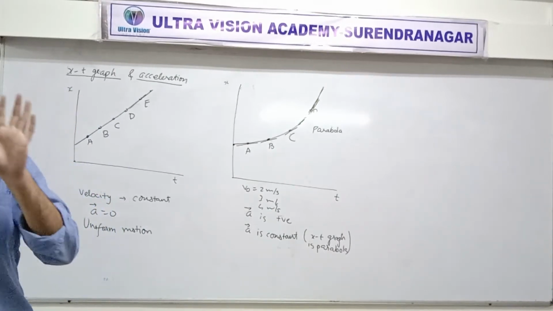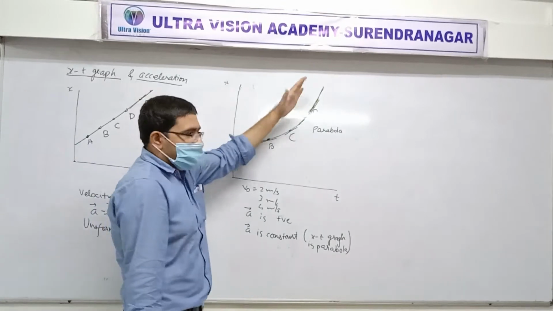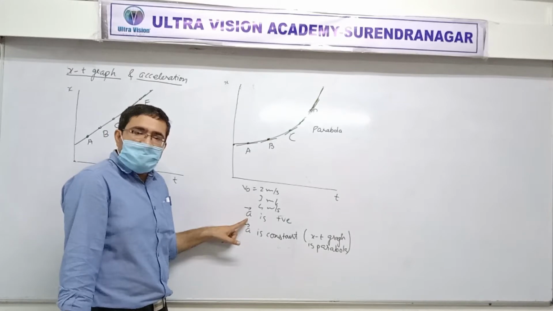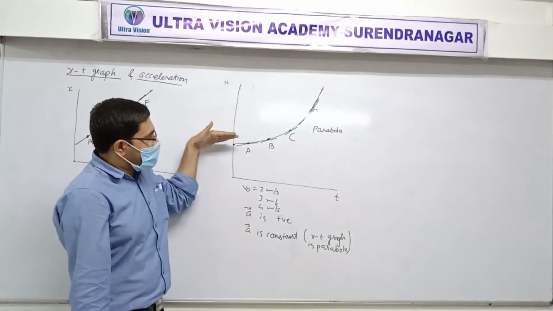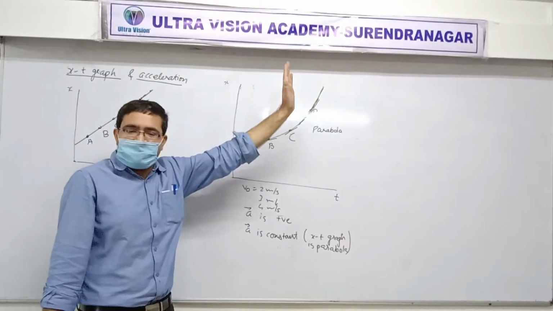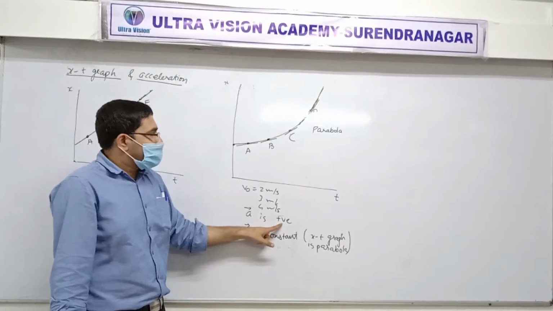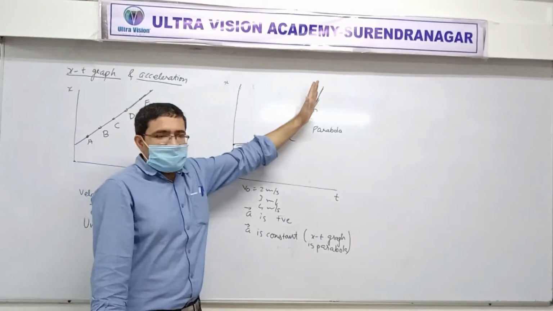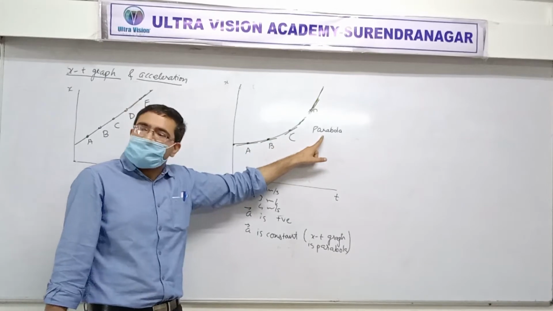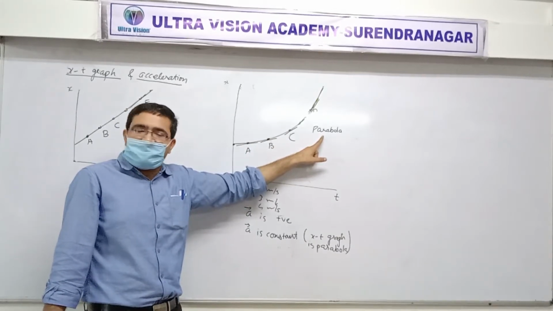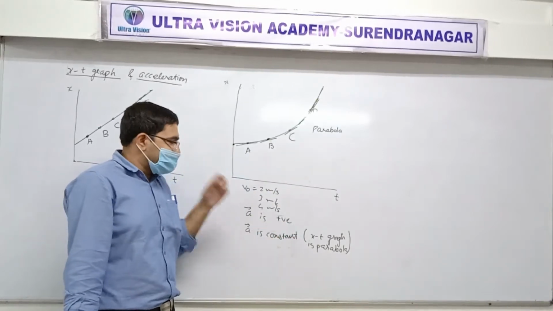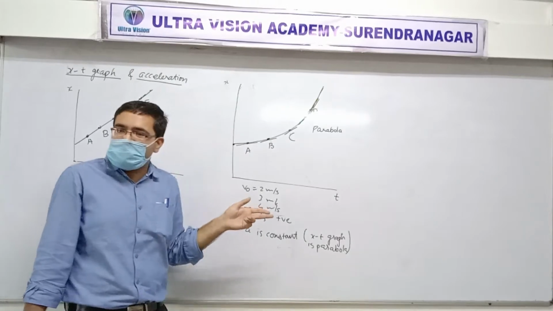Suppose acceleration is 5 meter per second square, then it will remain 5 meter per second square. It is a constant, but we know that here the acceleration is positive. Two things are separate. The curve is curving up like this, that's why acceleration is positive. You can see the tangent like that. But because the shape of the curve is a parabola, acceleration is constant. So positive and constant are both different things, right? Don't get confused between them.